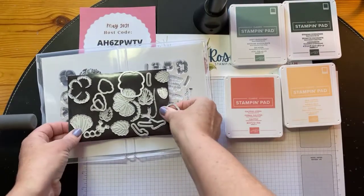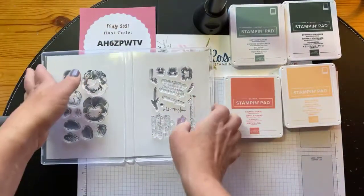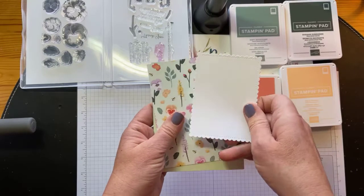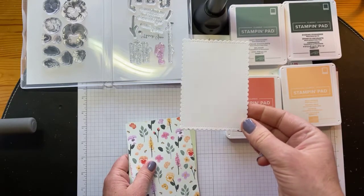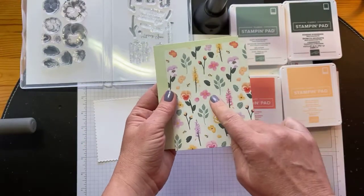So let's just, whoops, my magnetic sheet is sticking on here. I'm just going to move my magnets off to the side. My stamps, I'm going to need those close by. And for my card today, I'm going to bring in my pieces. I've cut a piece out of Basic White. This is using the Stitched So Sweetly dies. I love this little scallop rectangle. I have a piece of that designer series paper that I was just showing you,